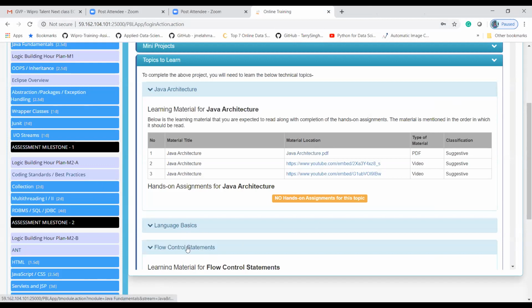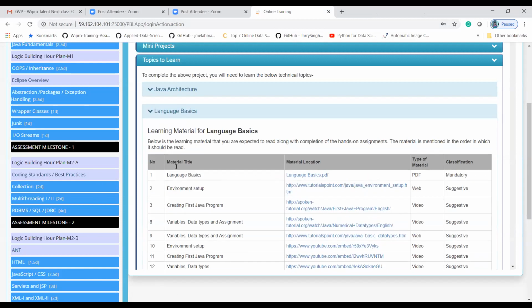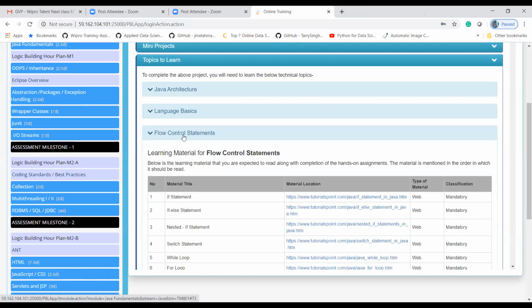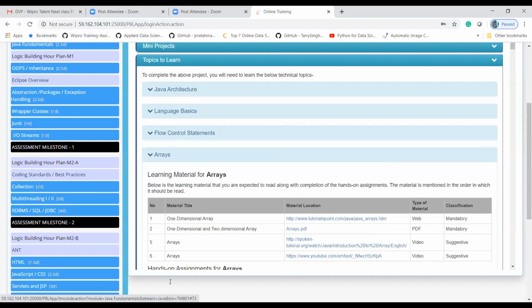I told you yesterday about the language basics, and about the conditional control statements: if else, nested if, switch, while, and for loop, and how to use them. Now, arrays.